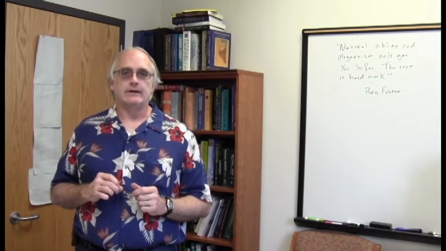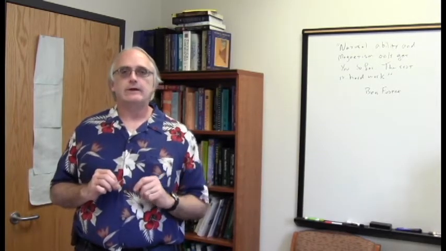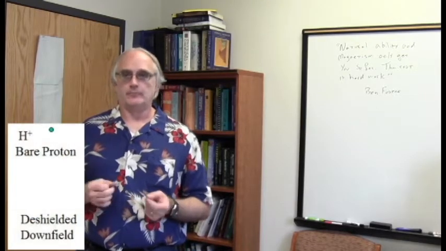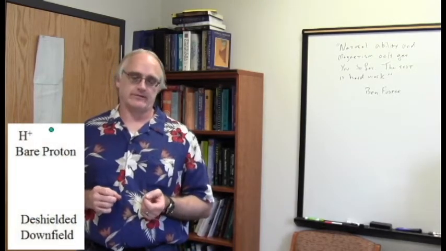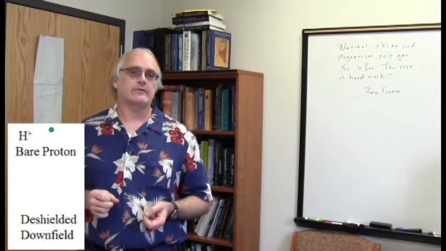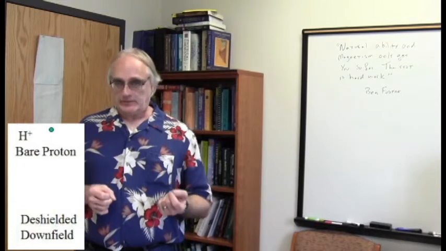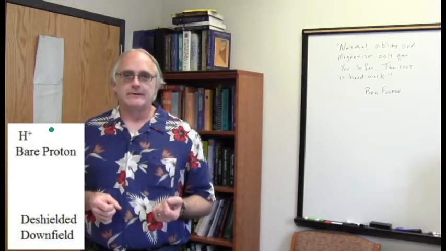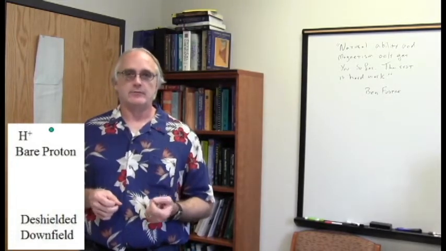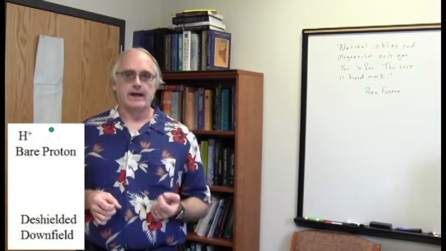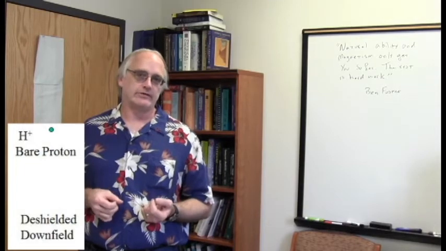I often find it useful to think about it in terms of two possible extremes. On one side, you have the bare proton, an H plus, from, let's say, the strongest acid you can imagine. This is a proton without any electron cloud around it at all. It is magnetic. In the external magnetic field, it will feel the full effects of B naught. It will have no electron cloud to make any changes, and we can manipulate its orientation in the magnetic field